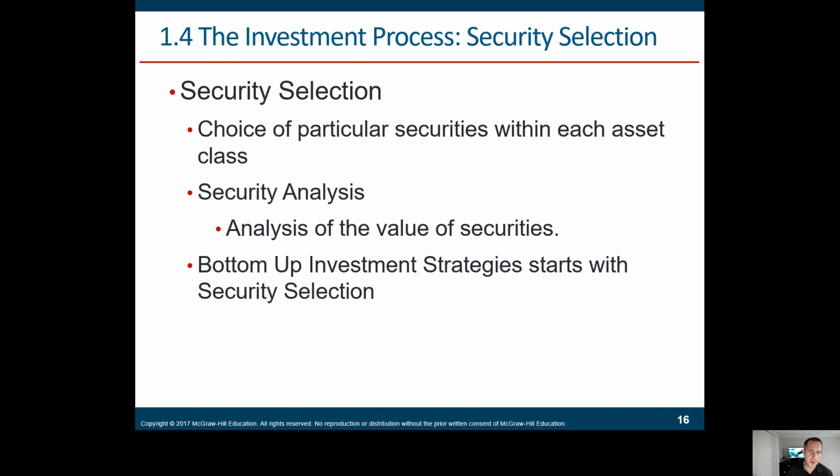Security selection, that's where I was talking about a few minutes ago when I mentioned within risk, you can pick securities. Do you want to buy big stocks like the S&P 500, the largest stocks in the US, or do you want to buy small stocks like the Russell 2000, which is the 2,000 smallest stocks in the US? I read in the Financial Times today that the value of Apple is now higher than the Russell 2000 in its entirety. So the value of Apple is now bigger than the entire Russell 2000.